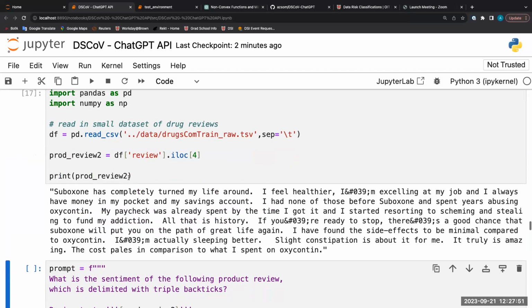With sentiment analysis, your task is to decide if a certain piece of text has a negative, neutral, or positive sentiment. You can do this with words, right? Return negative, neutral, positive, or you can also do it with numbers. If the text is very negative, that would be maybe -1. If neutral, 0. If very positive, +1, and you are interested in a continuous range between -1 and +1,